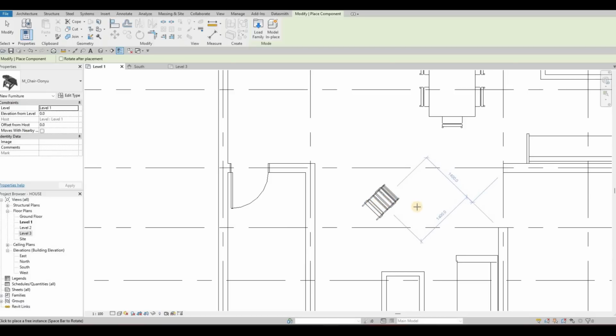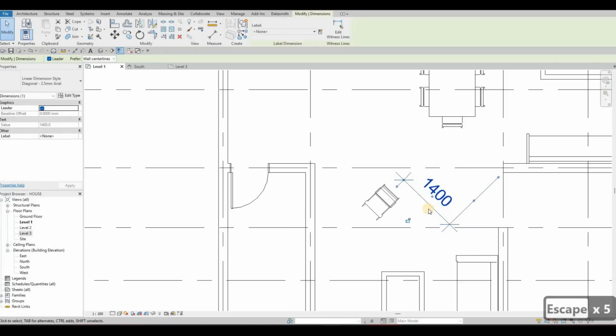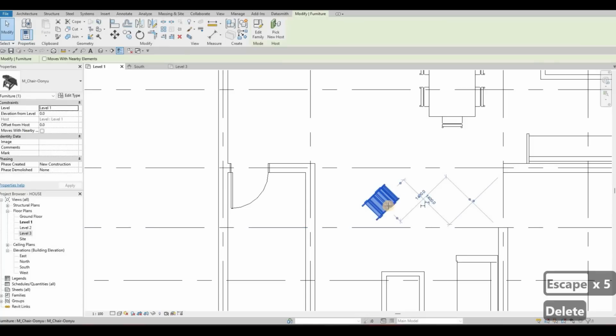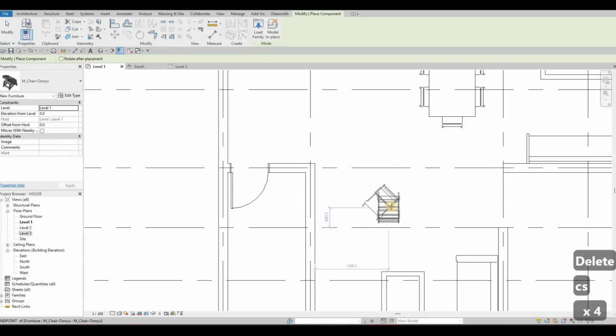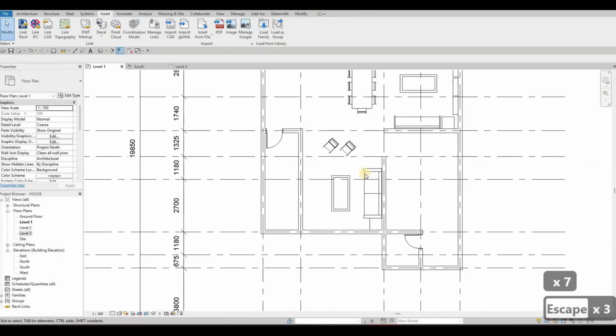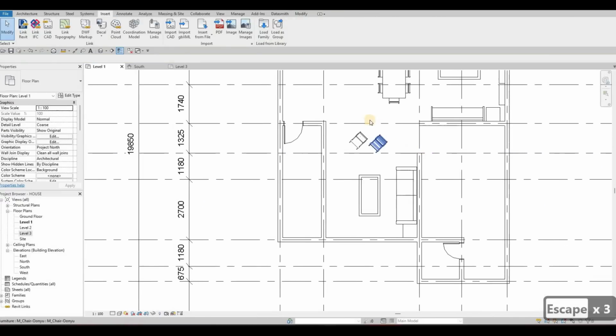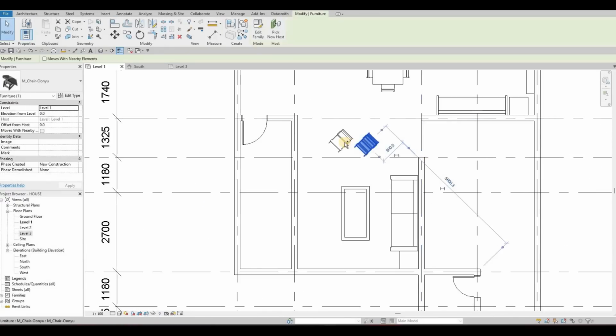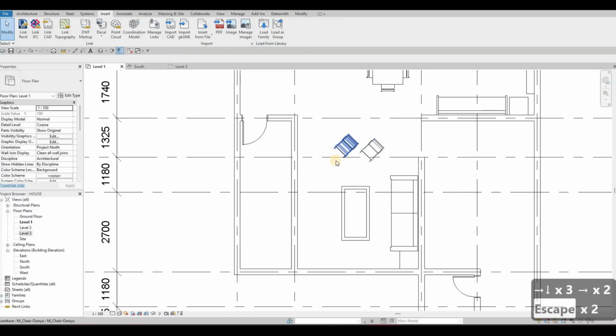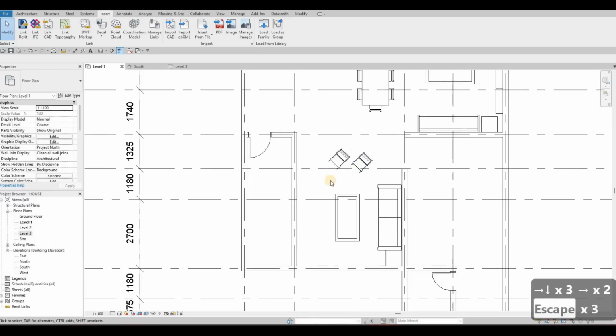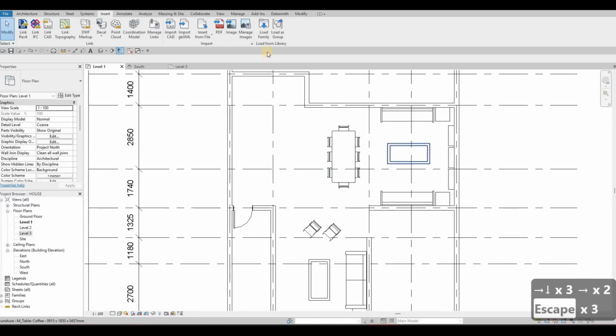We could have one or two because we have enough space. And then here we could just delete this one, CS, and then just add it like that. So that's good enough. We have enough space here, so it's not going to be bothersome. Of course, we could just nudge it in place if it is, but looks like everything is good, so I'm good with that. Next thing we're gonna do is we're gonna load